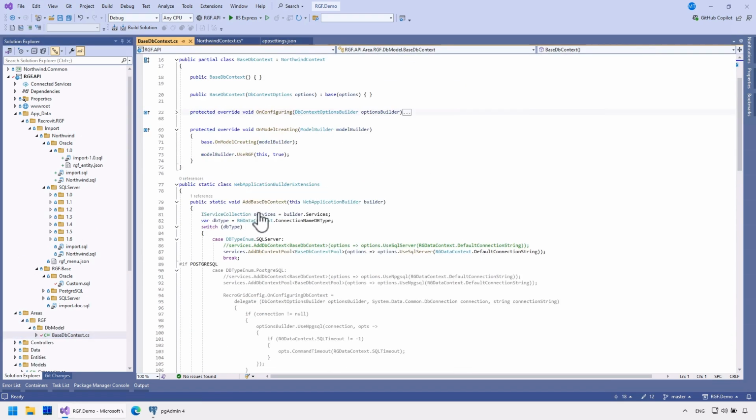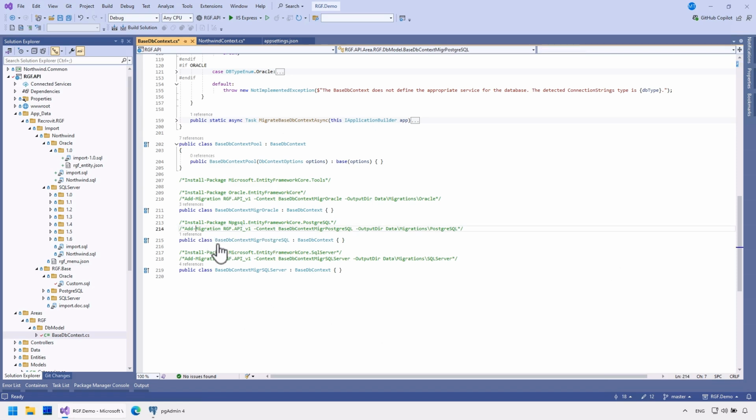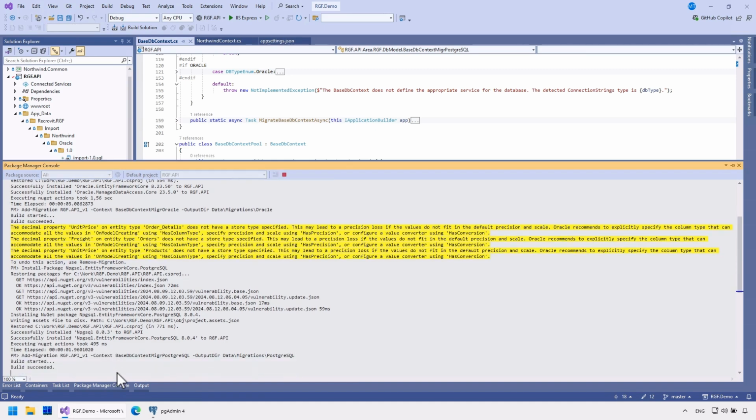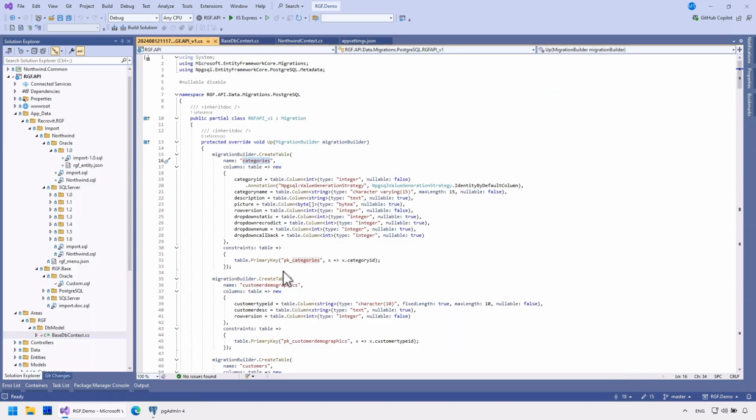I will enable PostgreSQL usage for RGF. I will create the migration for this as well. In the case of PostgreSQL, RGF converts everything to lowercase.